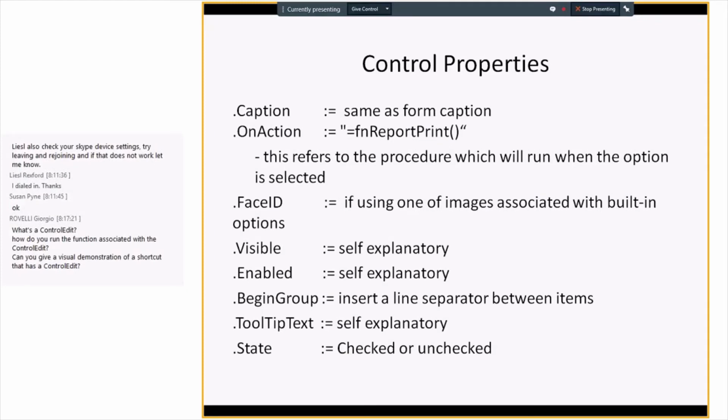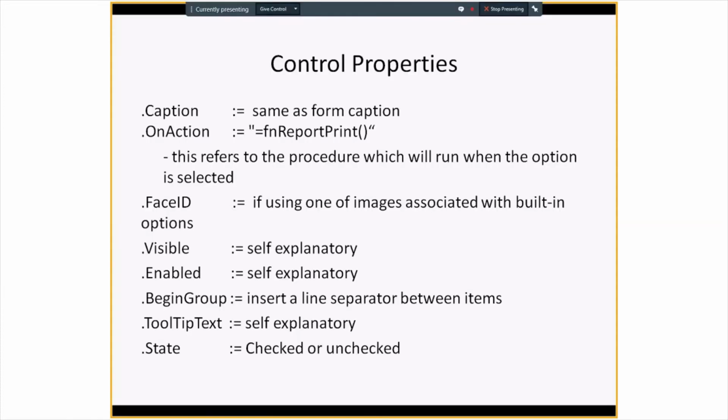There are a number of different ways that you can refer to the procedure. If you're running a subroutine rather than a function, you just list the subroutine name, or you can also refer to the actual module name that it's in, with a period followed by the name of the actual function, if you want to be specific as to what module that's in. Which is helpful because if you have, for example, function report print